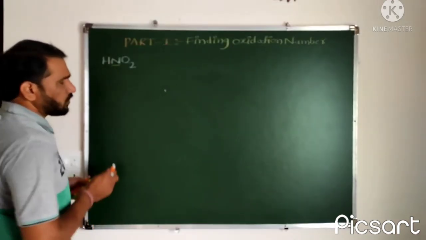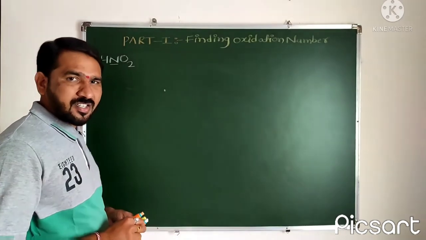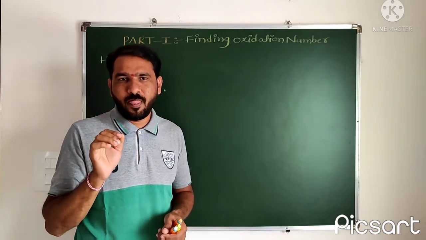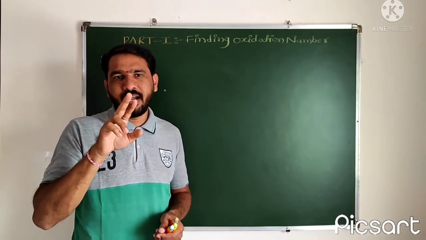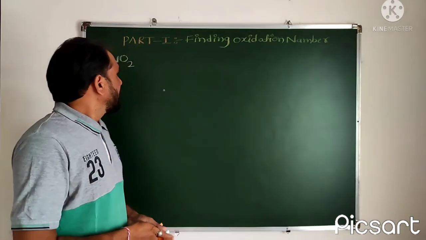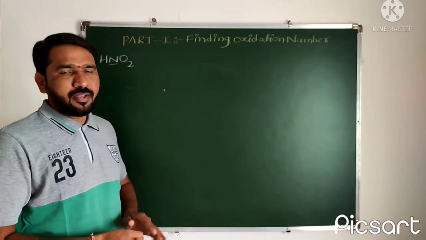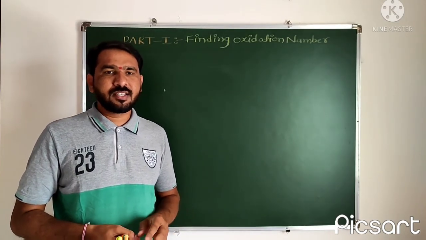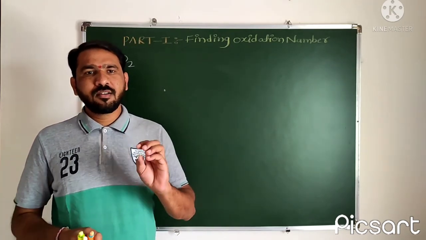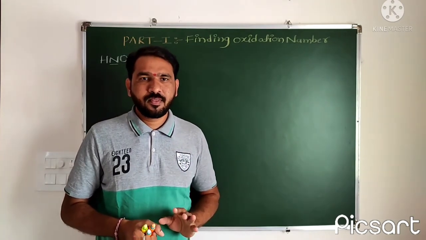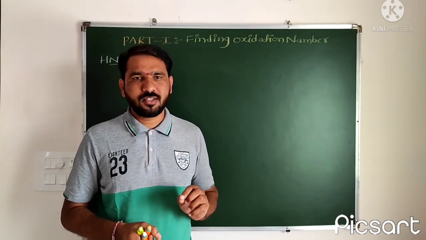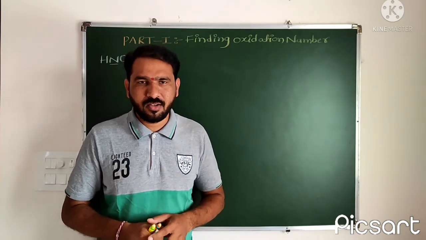Coming to HNO2, the general oxidation state of oxygen is -2. Listen carefully. The general oxidation state of oxygen is -2. Number of oxygens is 2. -2 into 2 is equal to -4. Is it clear? So over the molecule nothing is there, which means it is a neutral molecule, its oxidation state will be 0. If a molecule is neutral, then the number of negative charges is equal to the number of positive charges. That is the meaning of a neutral molecule.